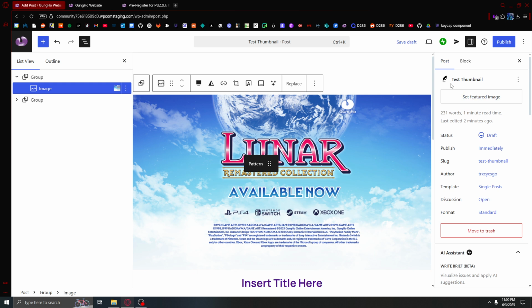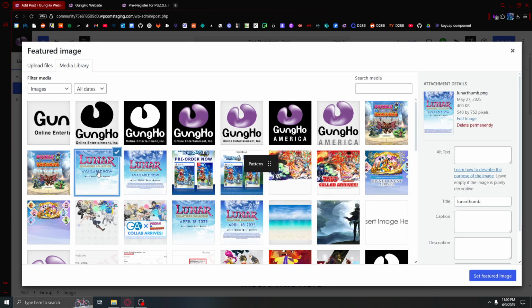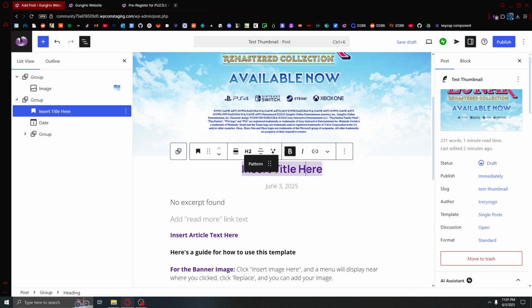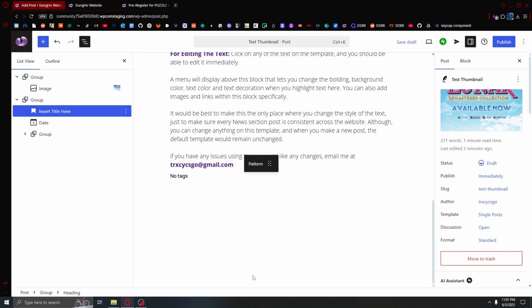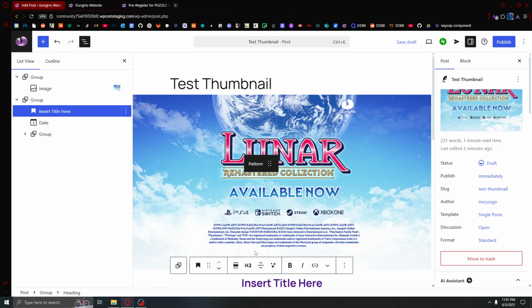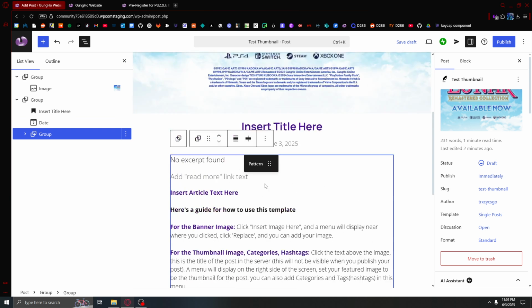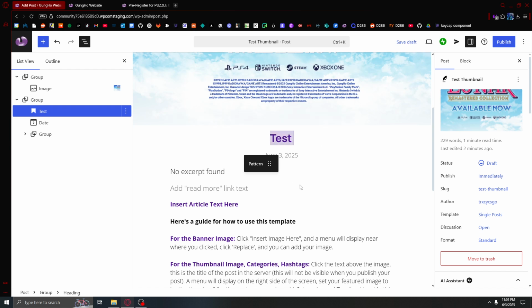Right here, for the post itself, you can set a thumbnail. And so this is where you'll put the thumbnail image. I'm just using the lunar pictures for this test one here. And everything from this point down on is what's going to be showing in your article. The date is already formatted for you. Oops, it's kind of hidden. And you can go ahead and change the title of the post here. So test post